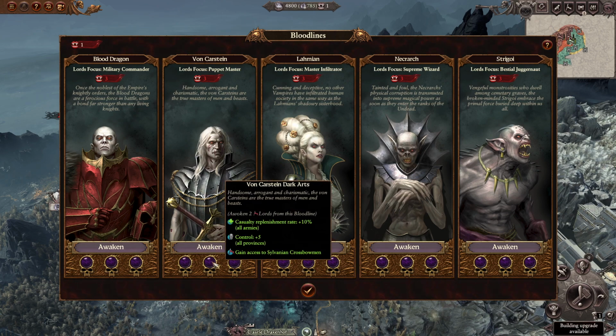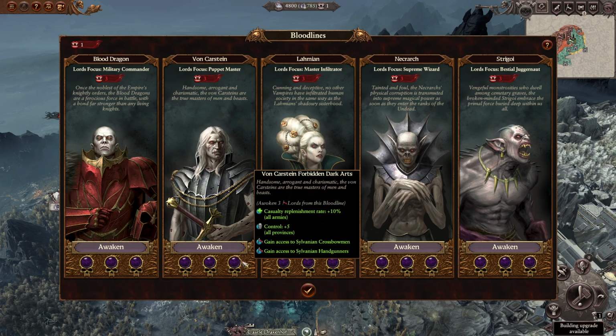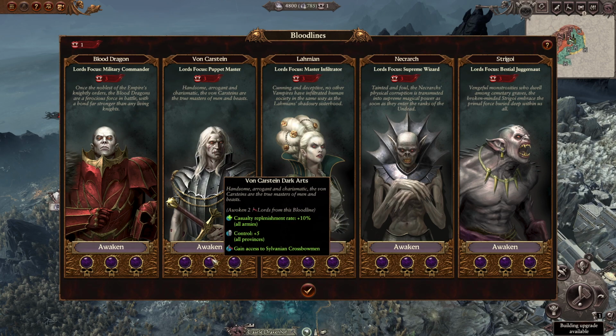This is the one where as you go further down, you gain the handgunners as well. And the level 2, 5 control in all provinces is not to be underestimated, because it will allow the vampires to seize land and hold it without having to fully corrupt it. Outside of that,